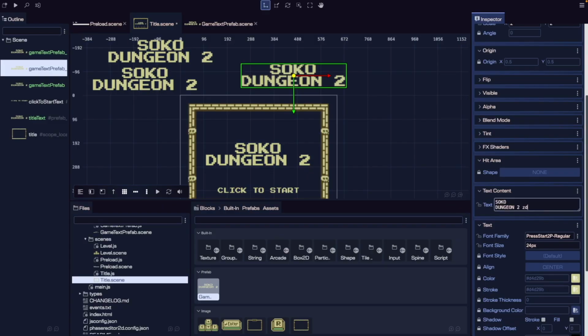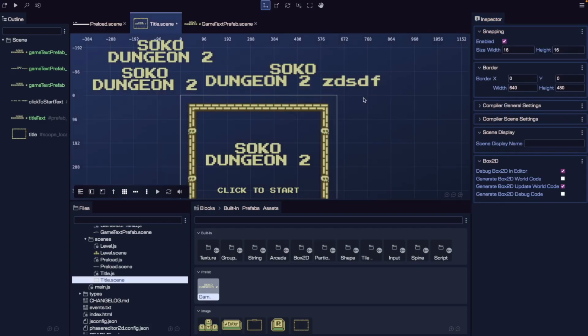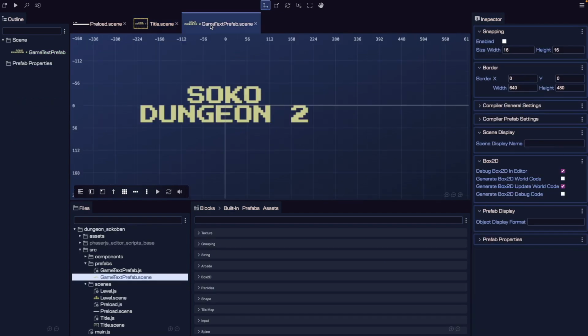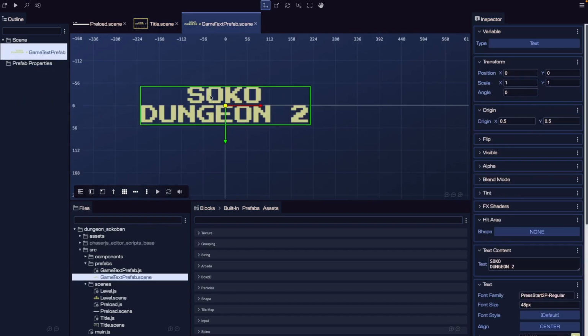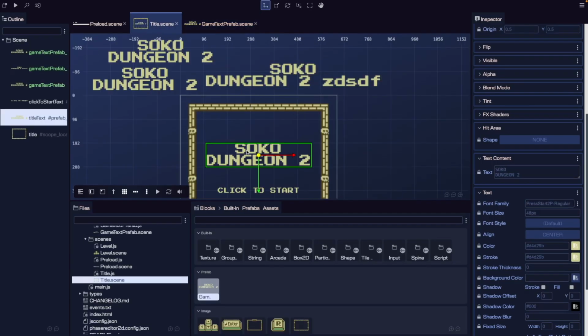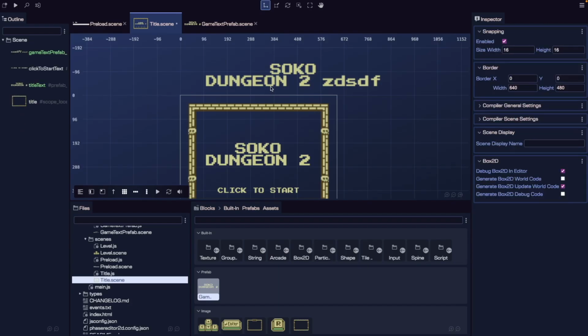When we unlock it, this allows us to override that value. With our game, this now allows us to have one text game object where we can modify things like our color, our font family, all from one location, and we don't have to manually modify all of those in our game. So now what we can do is let's clean up our instances of our prefab we